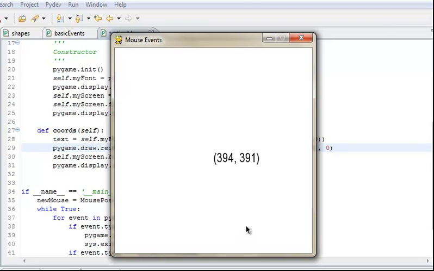Okay, so just to sum up, what we've learned how to do today is put some text on the screen. We've learned how to get the position of the mouse, and have that show up on the screen, and then some real basics of covering one thing up and then putting something on top of it, which, as you'll see, we're going to do a lot when we do